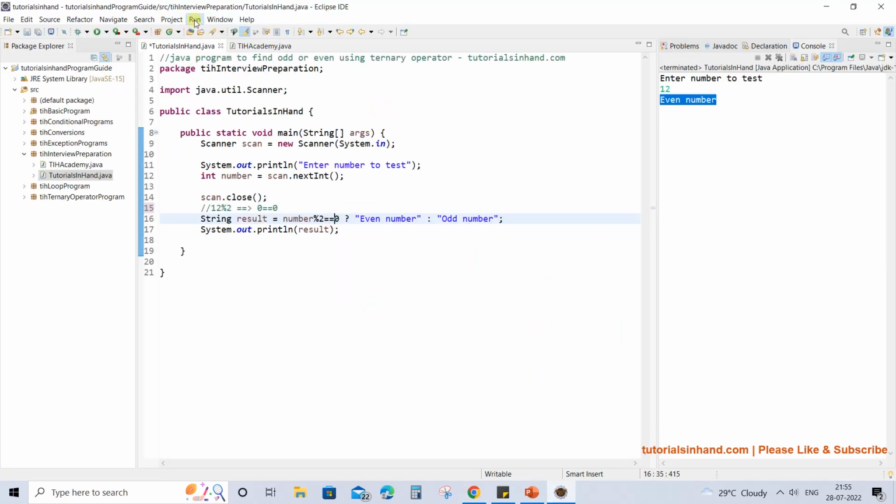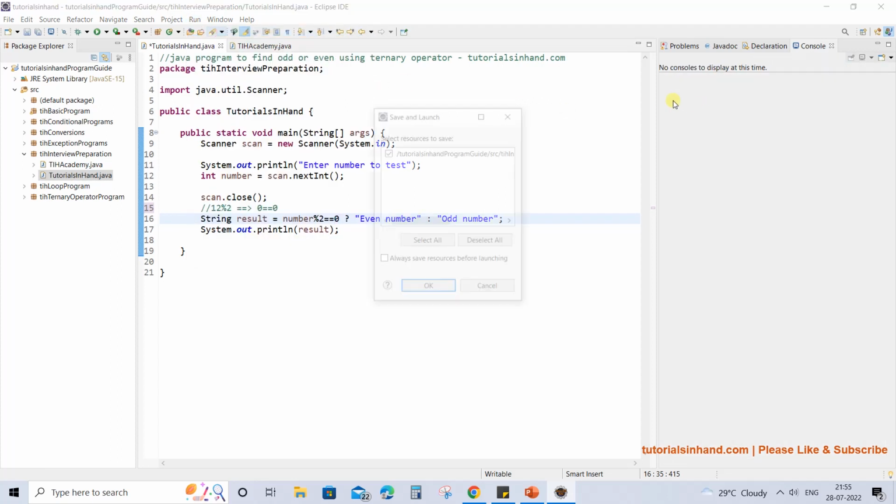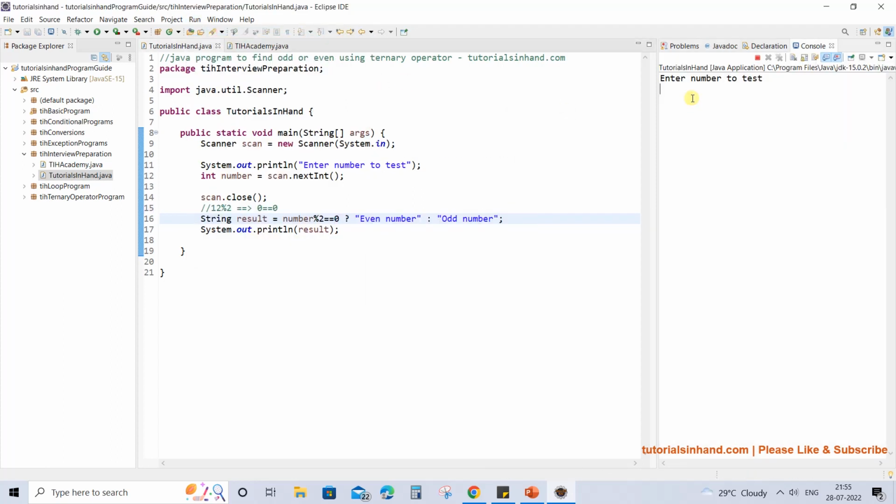This time let's enter something which is an odd number. So execute again. It will ask for the user input. This time enter 15. So this time the result will be odd number. Why? Because when you enter 15, 15 mod 2 is going to get checked. 2 into 7 will be 14, and 14 plus 1 will be 15. So 1 is left as a remainder, so we will get 1 as a remainder at this place.